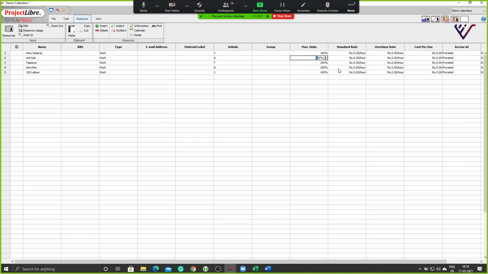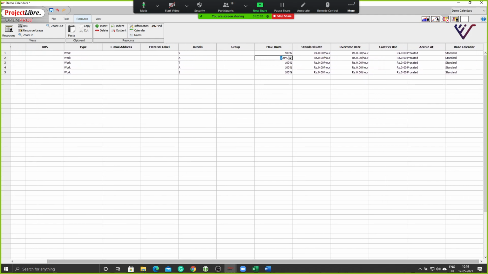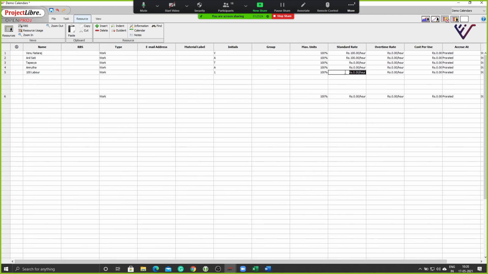Got it. Right, so I can reduce that as well, and I can write the hourly rates of the people involved in the projects. If they are eligible for overtime, what is the overtime rate? So all this, let's say, okay, let me just assign 100 rupees for me, 100 rupees for him, and who was the other one that we had? The labor, right? Okay, so let's consider that this person is getting paid 25. I'm just writing vaguely. Obviously the hourly rates will be different for all of us.